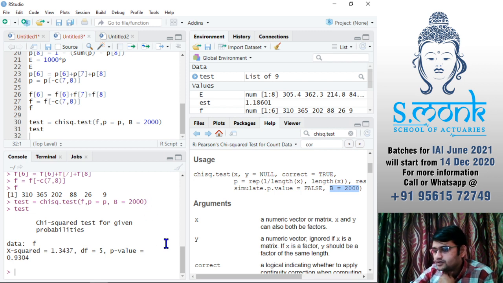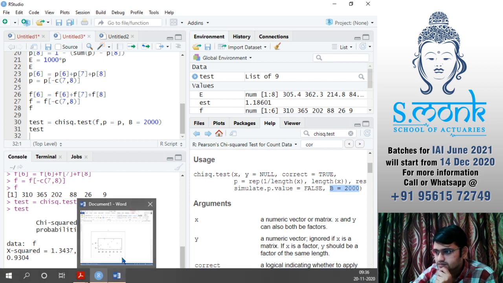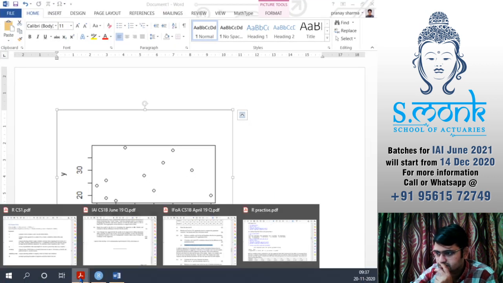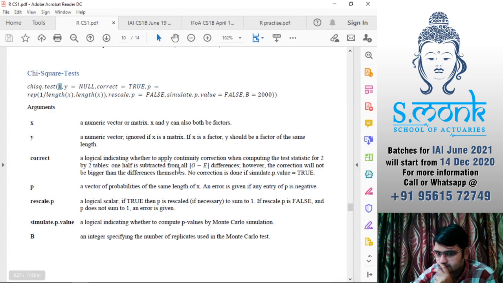Any problem here? Goodness of fit test? It's interpretation.